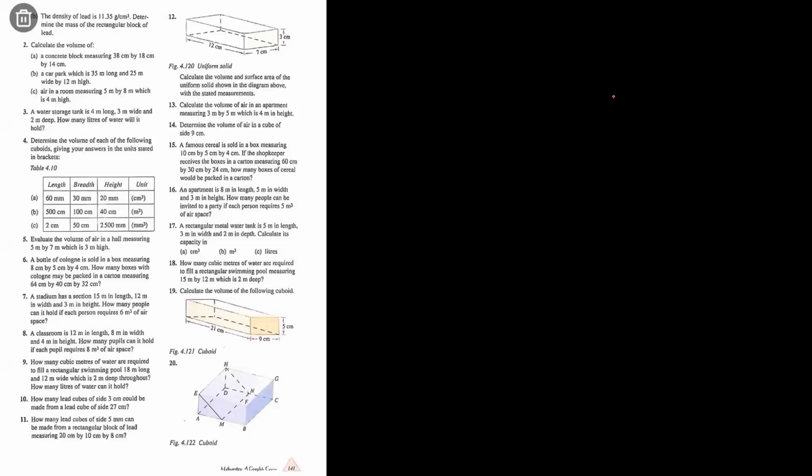All right, so stadium of a section 15 meters in length, 12 meters in width, and